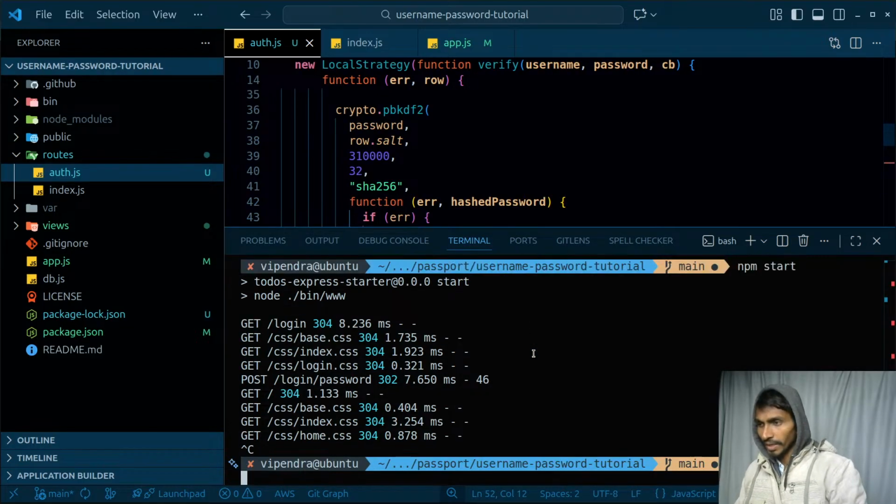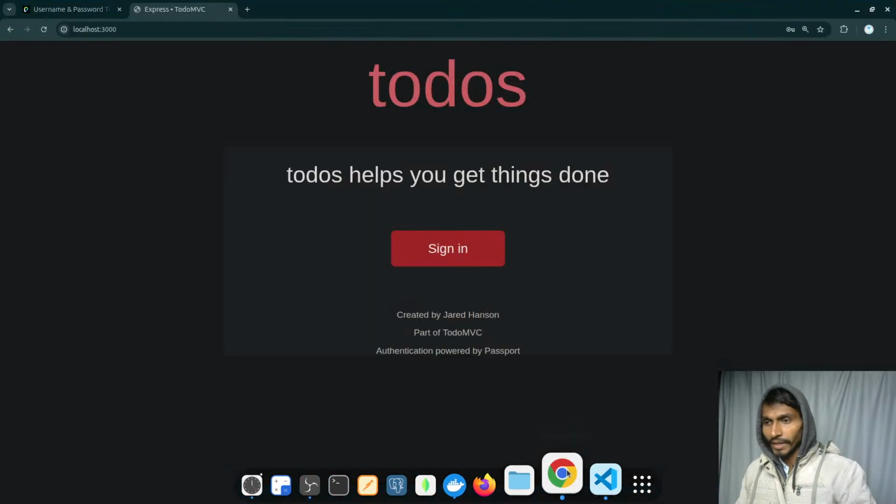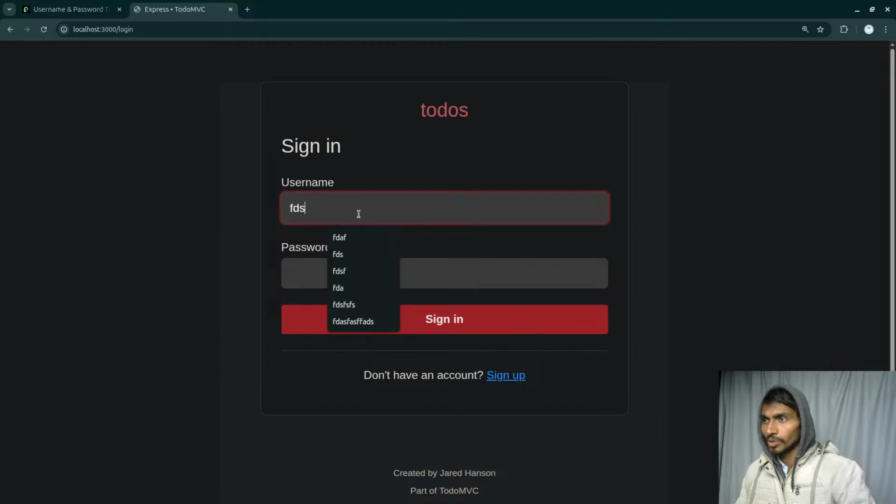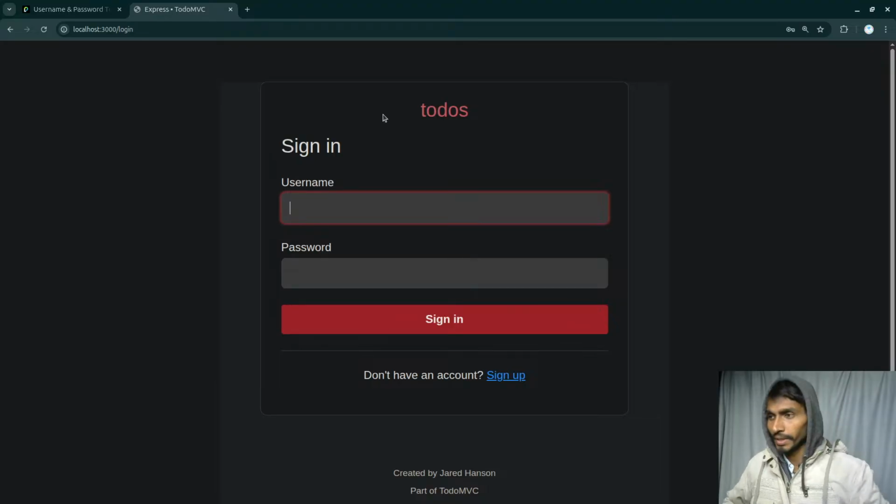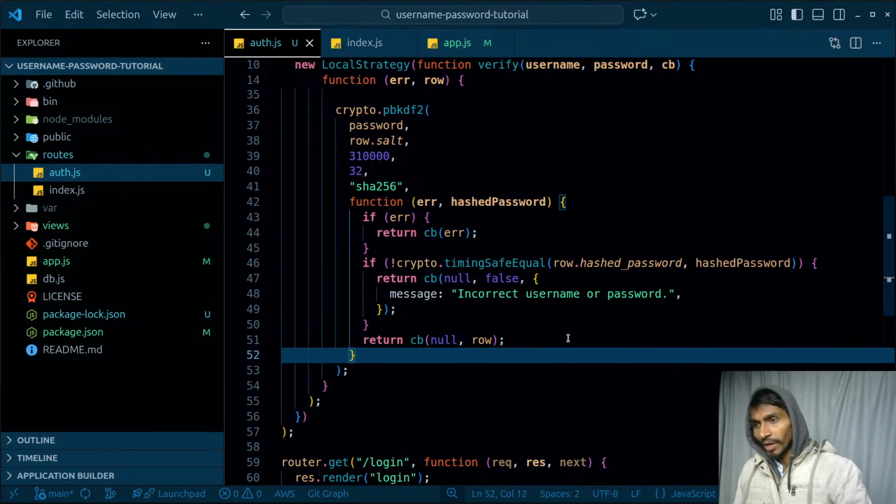If I just run it right now, it will redirect me to the login page, because the user is not going to be authenticated, right? That's the main reason. If I click on this, I'm still on the login page because the user is not authenticated. Got that.